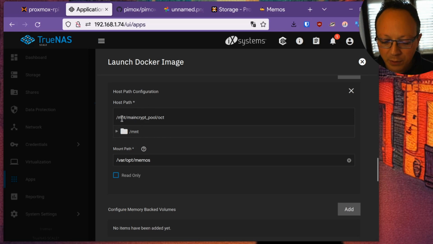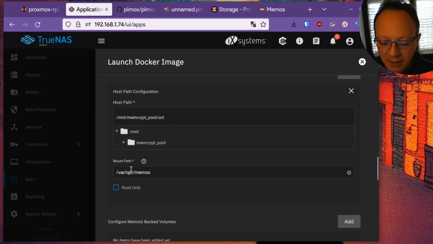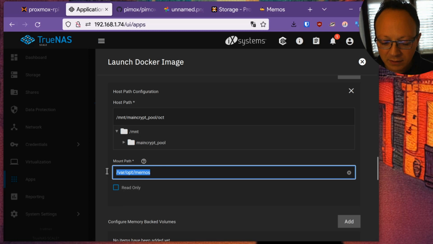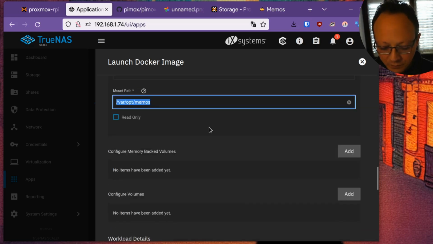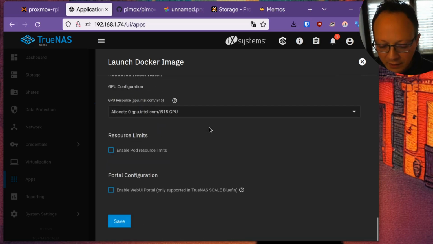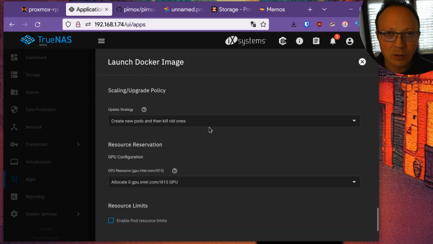So you can map a ZFS dataset like this one, OCT, to a path internal to the container, and this is the path of the container where it expects to save the data. And yeah, it's a little bit different from a Docker Compose file, but it implements what you need.